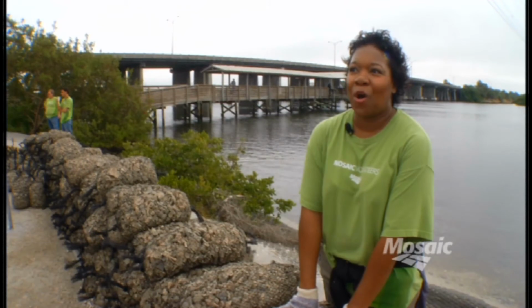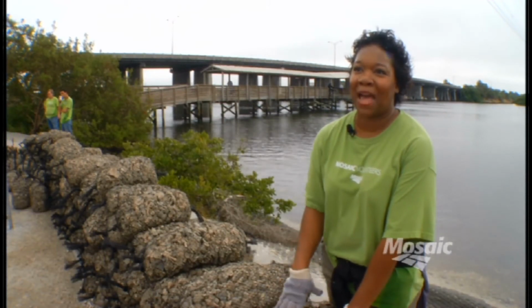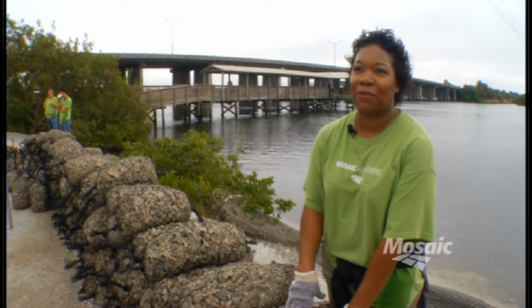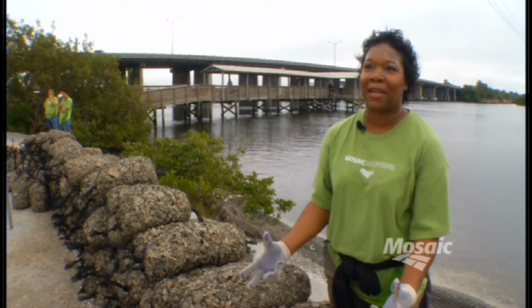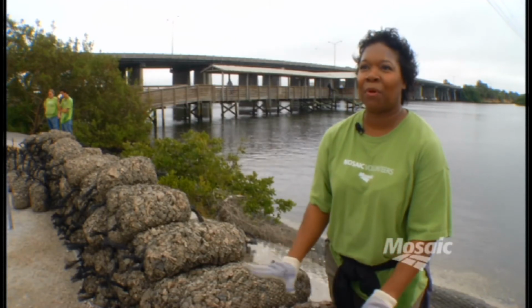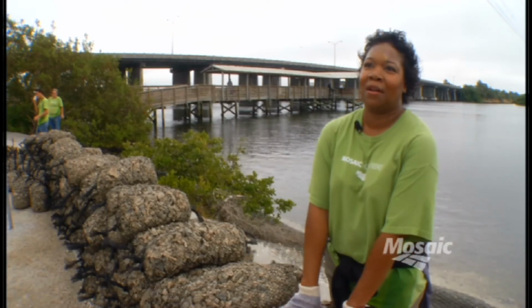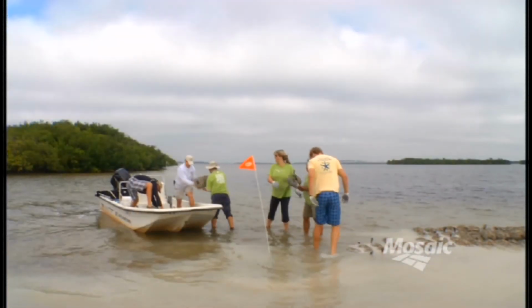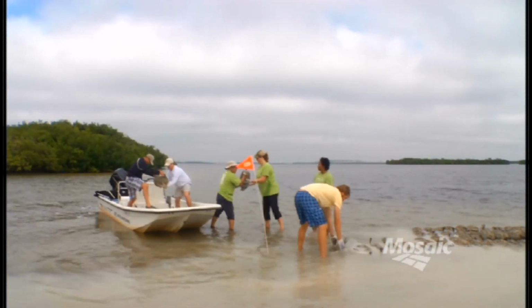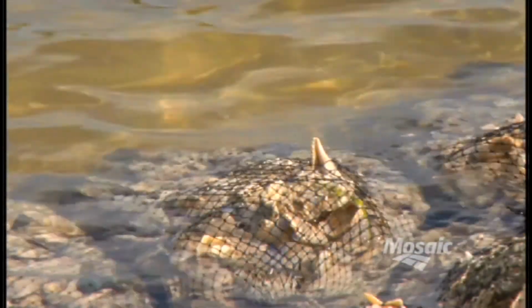It just makes me know that what I do inside the office and outside the office matters. And it also helps the community know that Mosaic cares. We're not just a company that's interested in the bottom line, but we're interested in the communities where we actually have our offices. Today we had about 30 employees and about 15 co-ops from Mosaic participate in the Oyster Reef project,